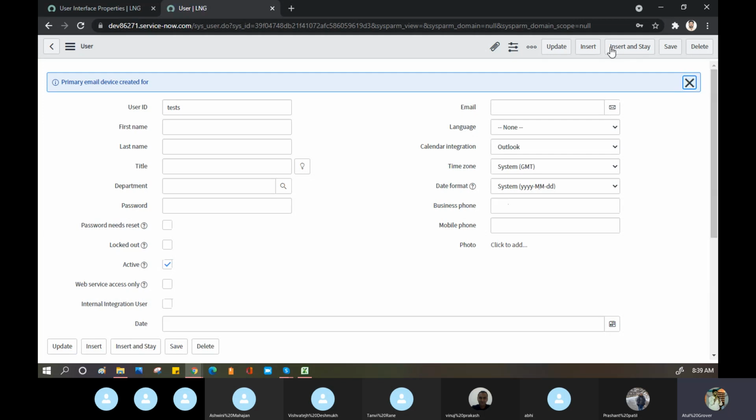So now you can see insert and stay. What do insert and stay do? Read about it. There are two things, insert and stay. Try this as a practical part. This question can be asked sometime in the interview or in the certification exam. This option will be available mainly on the foundation data tables. What are the foundation data tables, for which I sent a screenshot yesterday? Your department, your location, user data, group data are mainly my foundation data. So these changes you can do on the UI level.